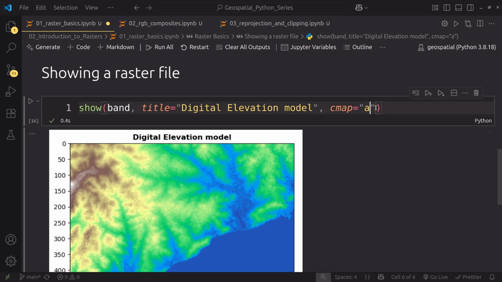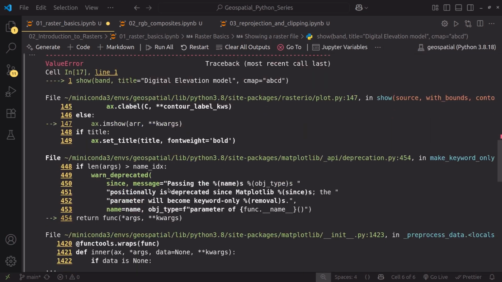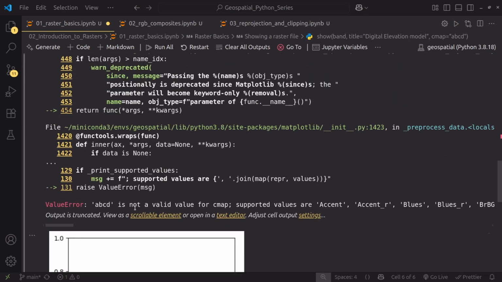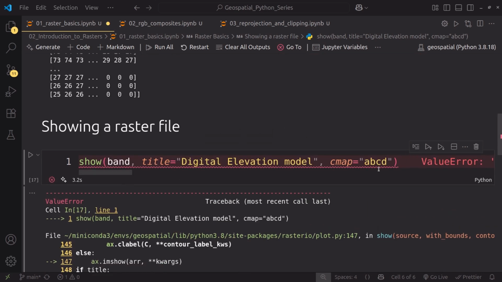So if you type in anything wrong, like ABCD, and you run, it will tell you that ABCD is not a valid value for CMAP. Supported values are, and it will list all of them there for you, so you can go through and pick the one you want to use for visualization. So I'll go back to terrain,